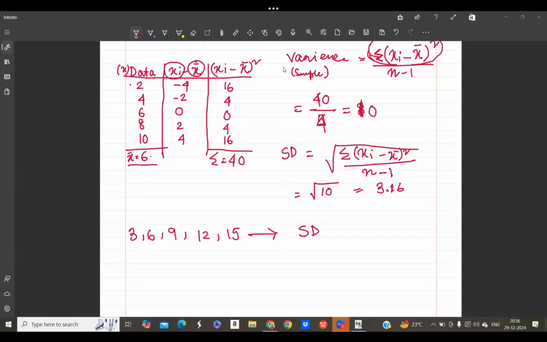Yes ma'am. Right. अभी स्क्वायर करना है बस। तो अभी -6 का स्क्वायर 36, -3 का स्क्वायर 9, 0 का स्क्वायर 0, 3 का स्क्वायर 9 एंड 6 का स्क्वायर 36। समेशन करो तो 90 आएगा, राइट? Right. अभी 90 डिवाइडेड बाय